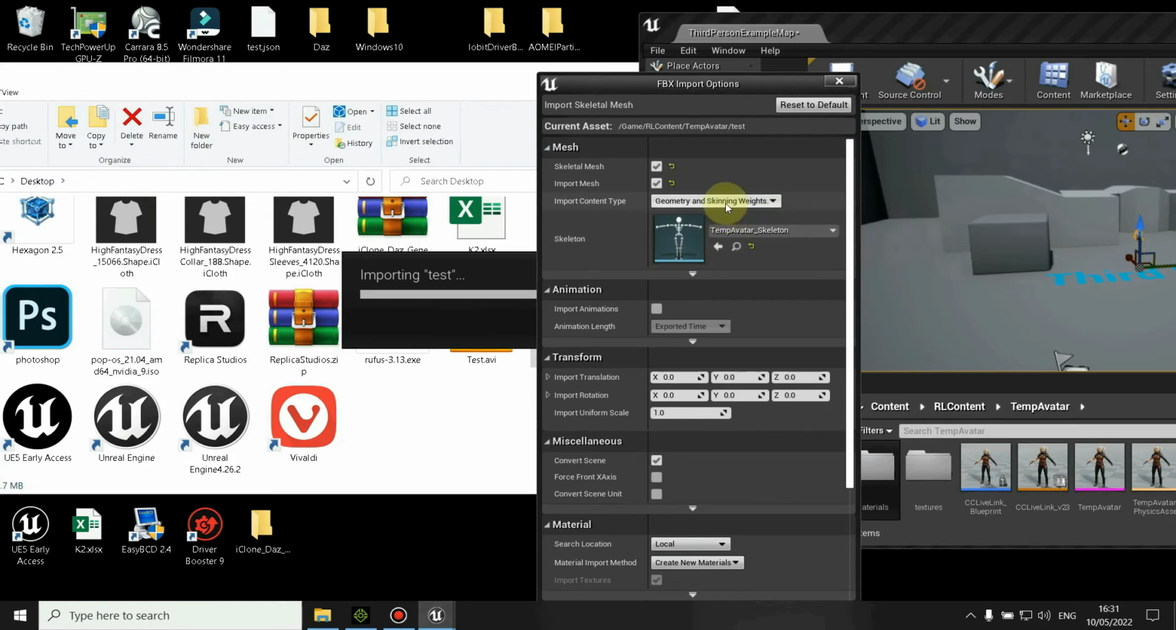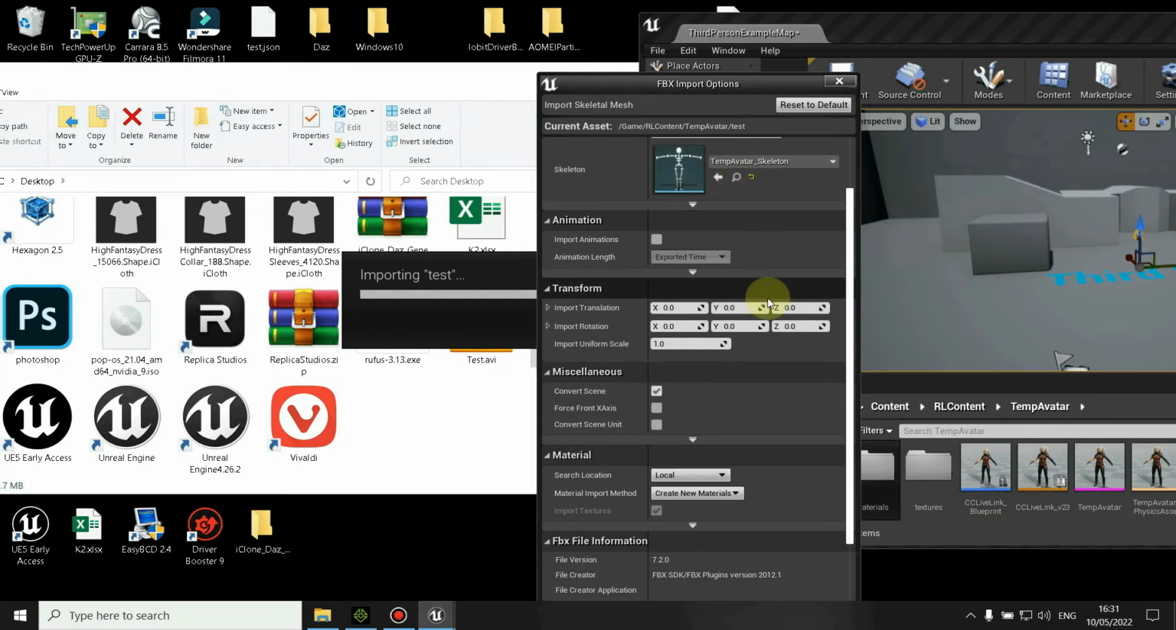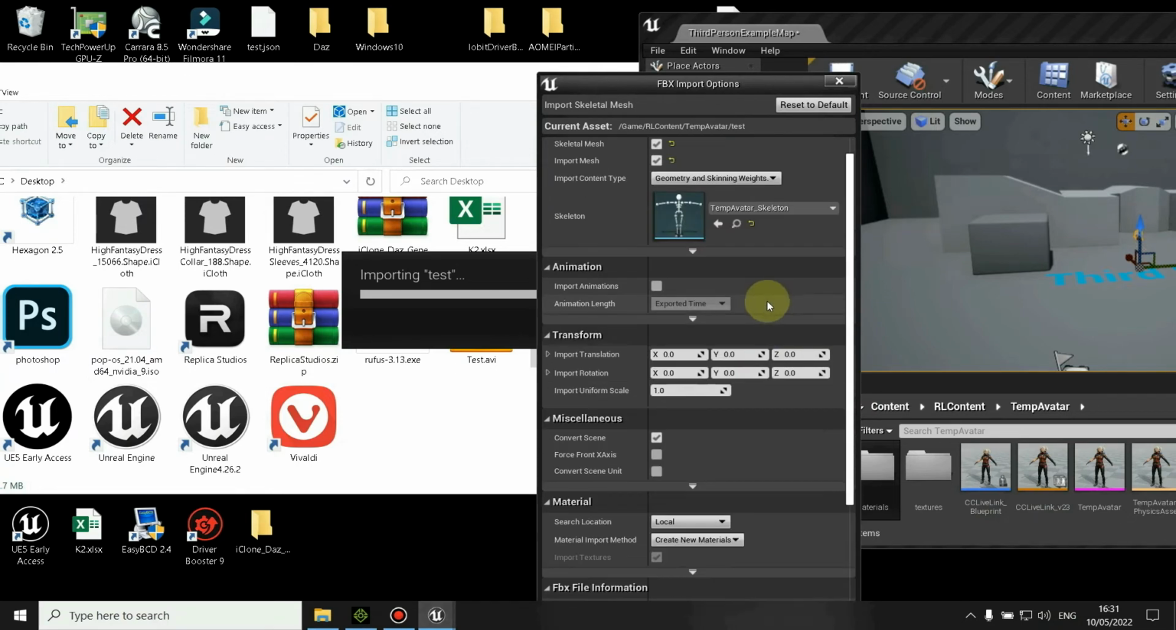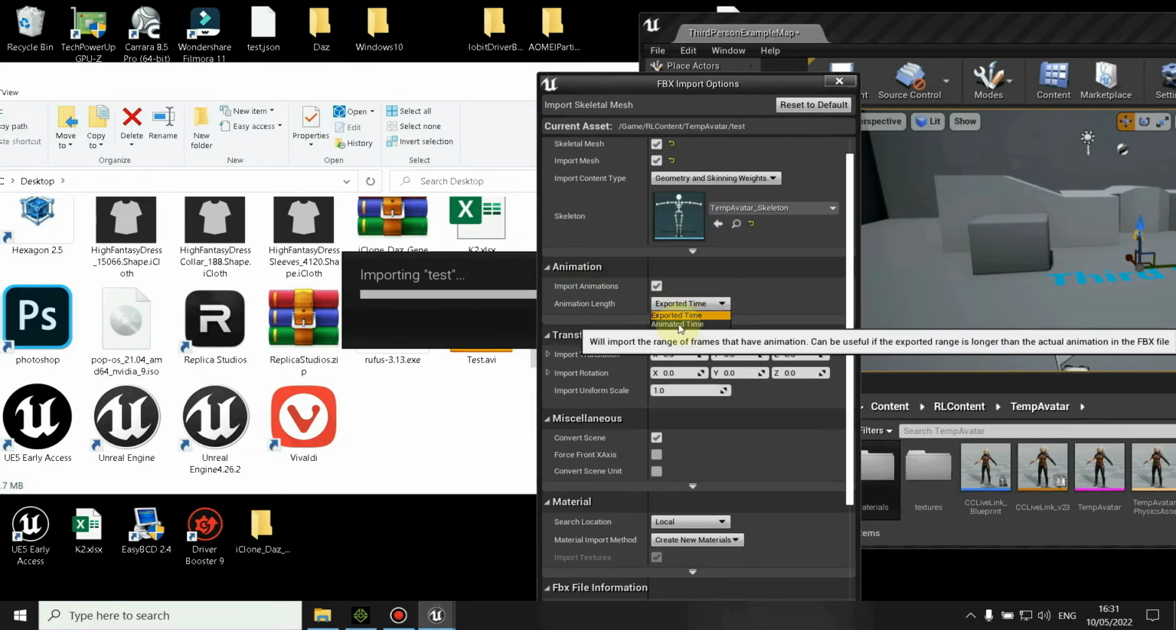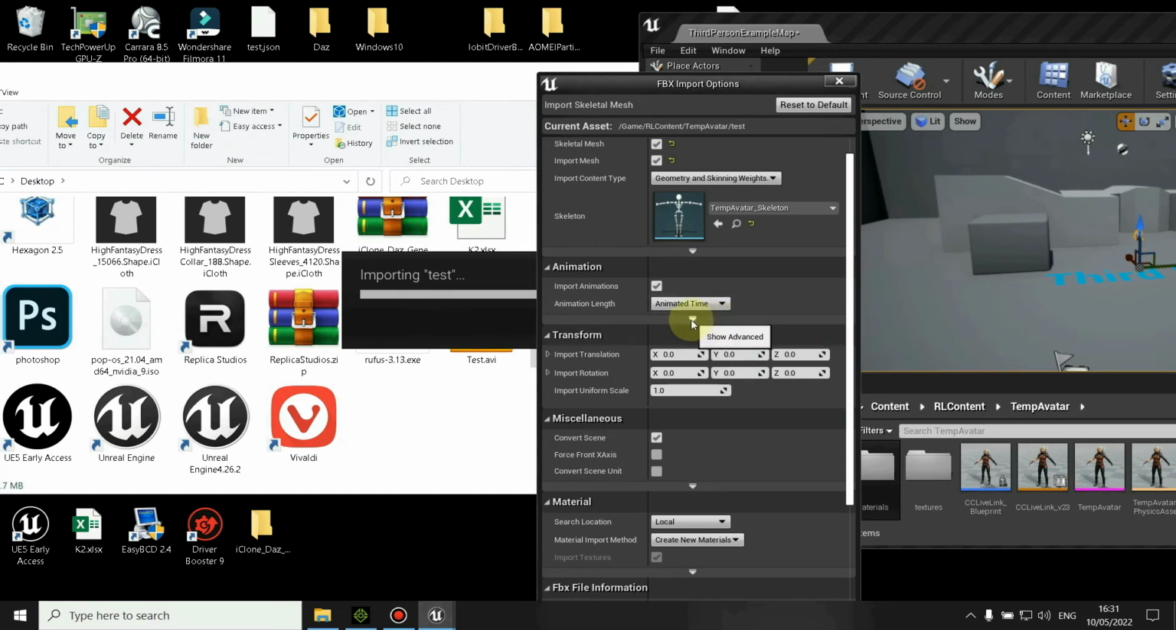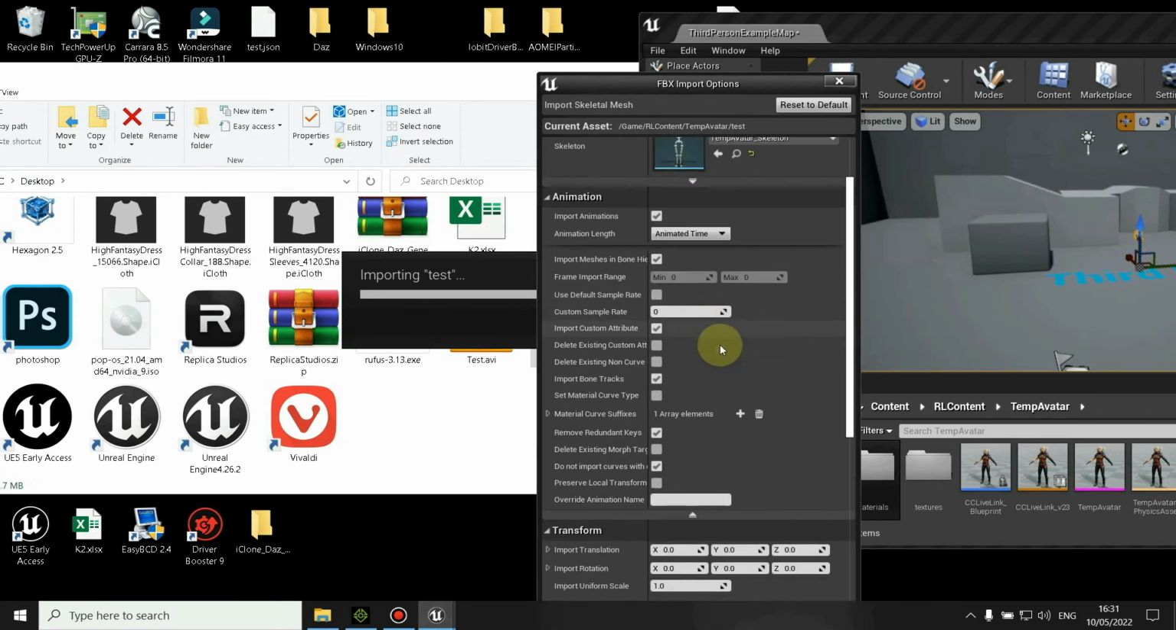Very, very important. Skeletal mesh will just basically make another skeletal mesh of the character. We don't really need that though. I'm just going to keep it on here just so you can see what happens. We want to import all animations, so on animations make sure you select animations here, and for animations here make sure you select animated time rather than exported time. Make sure you click on animated time and then click on the arrow here and make sure everything's good here. So import meshes, yep, it seems okay. Custom sample rates,